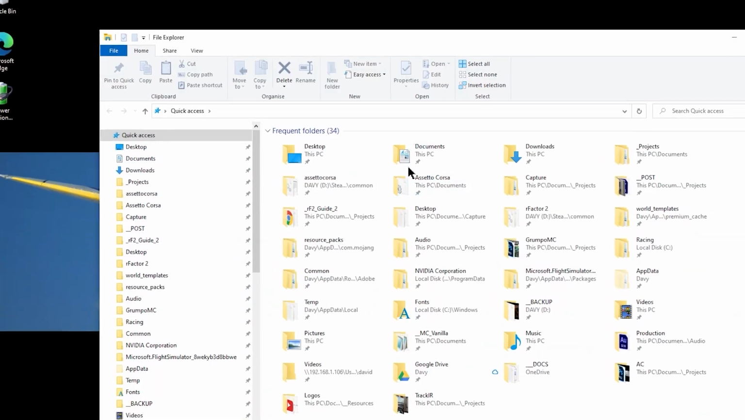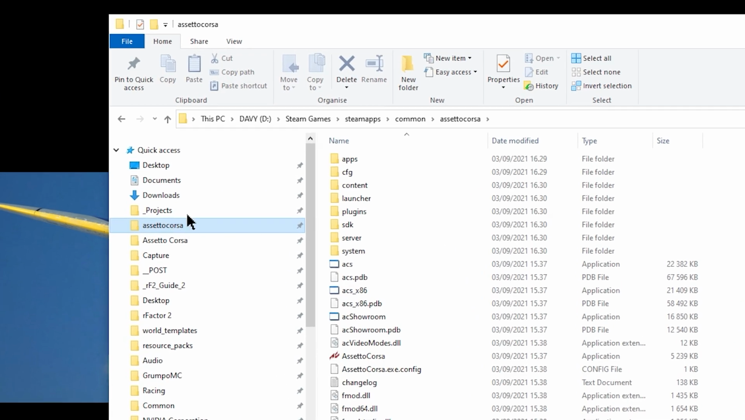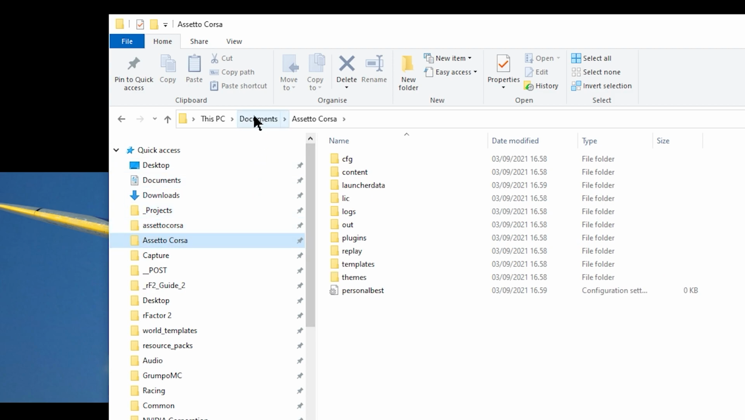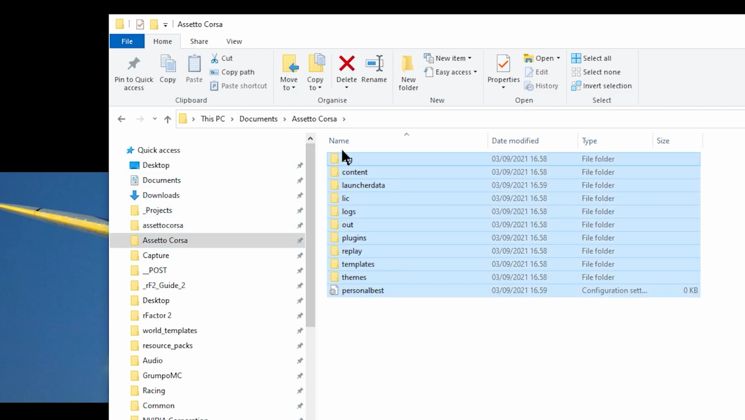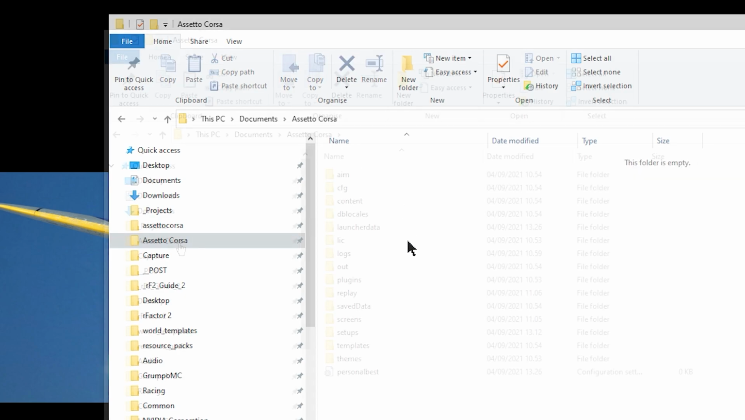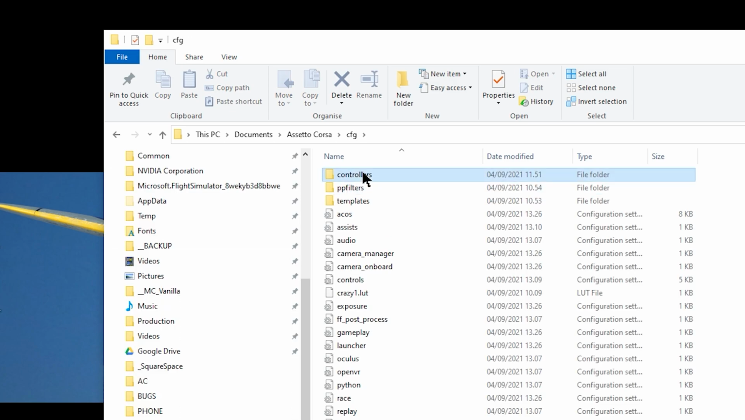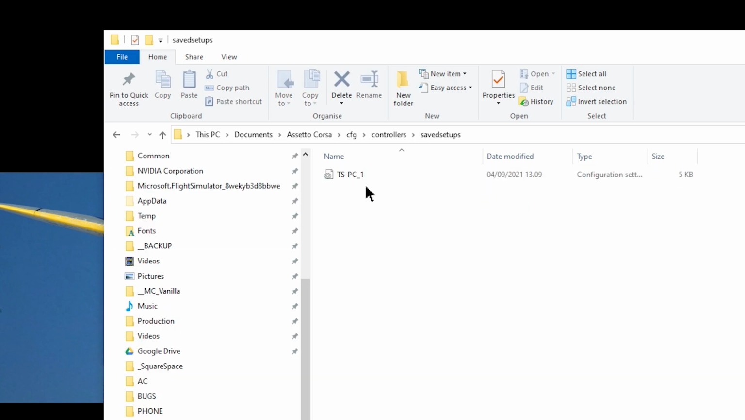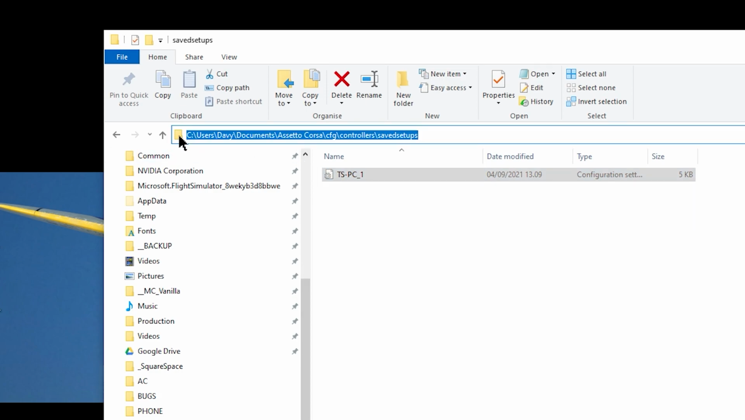To keep things simple, we'll be running the stock version of Assetto Corsa, so no mods or content manager installed. And we'll clear the local preferences data for Assetto Corsa from the folder it adds to your My Documents directory. The controller profiles we'll be creating in this tutorial are stored in the CFG folder here. So if you spend time customizing them, maybe back up this folder should you need to change something later on